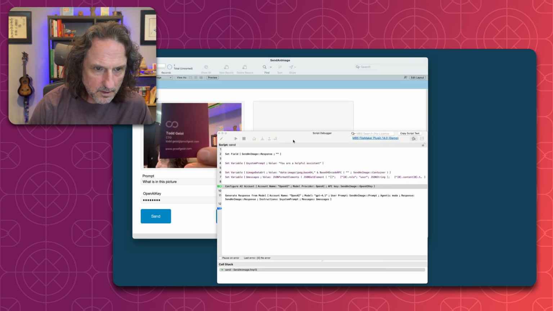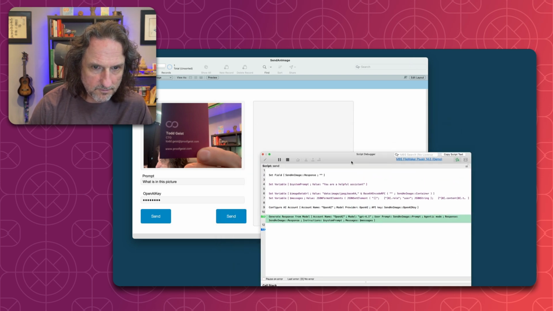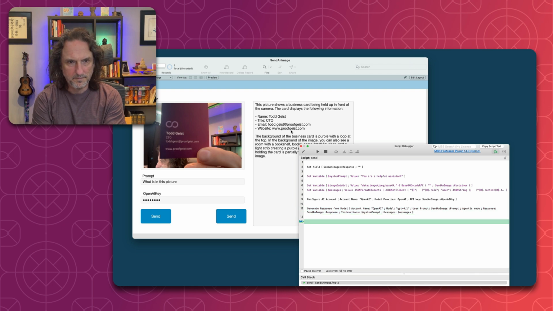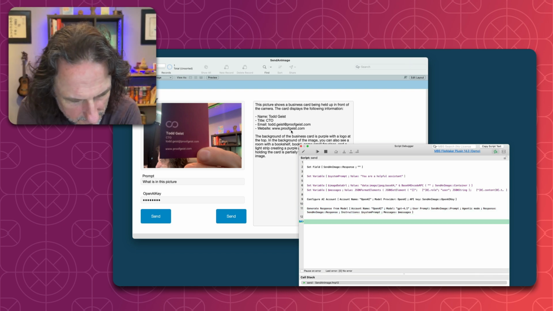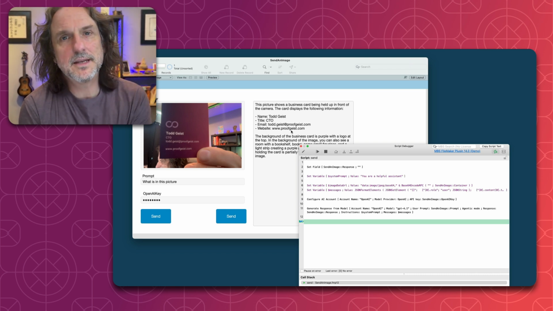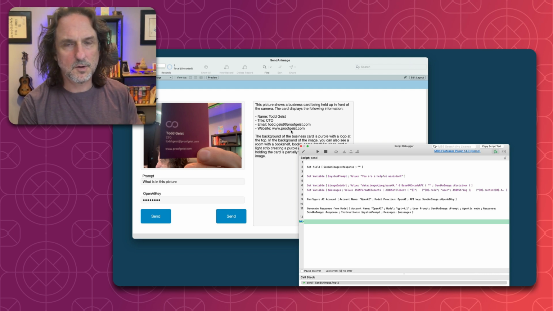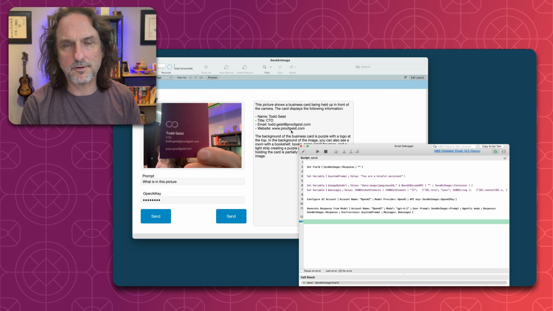Then we just configure our account, and then we generate our response, and we wait for it to populate our target field down there. And that is correct. So that is the proper way to attach images to a call to the model so that it knows it's an image and it can read it as an image URL. It won't spend a lot of tokens trying to decode it,